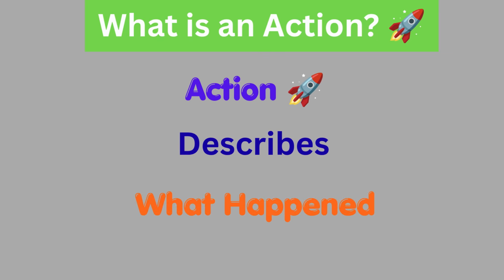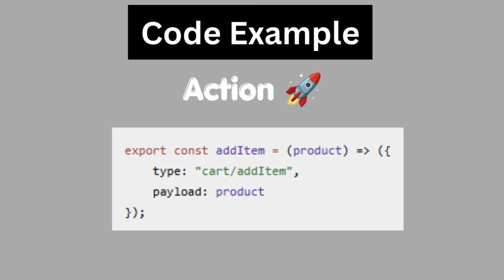The addItem function is an action. An action simply describes what happened in the application. It doesn't change the data by itself, it only tells Redux what the user wants to do. In this example, addItem is the action. When we dispatch it using the dispatch function, Redux knows that the user wants to add a product to the